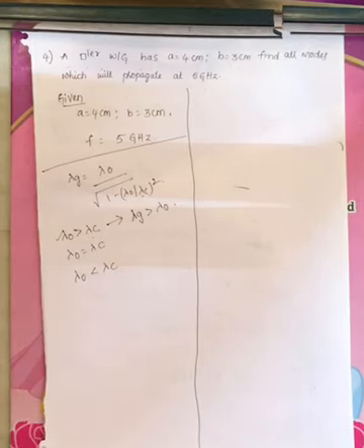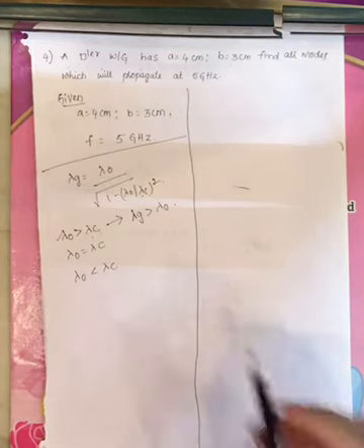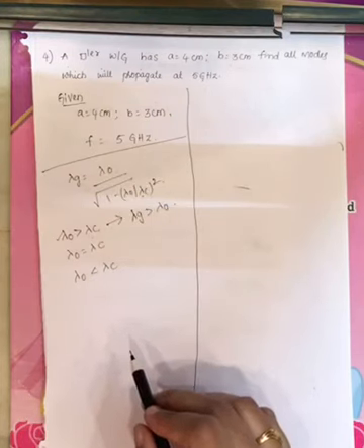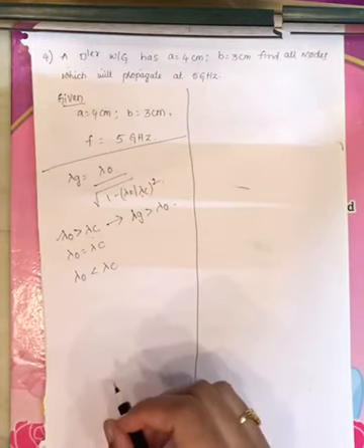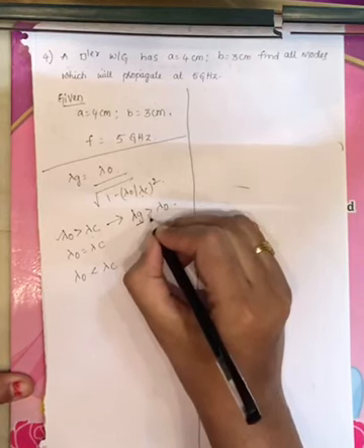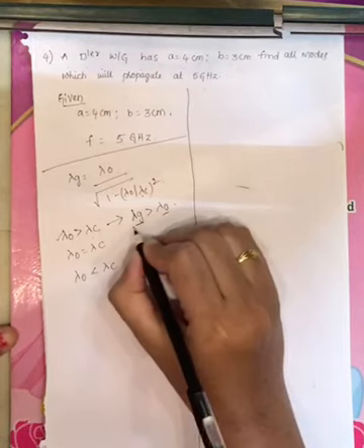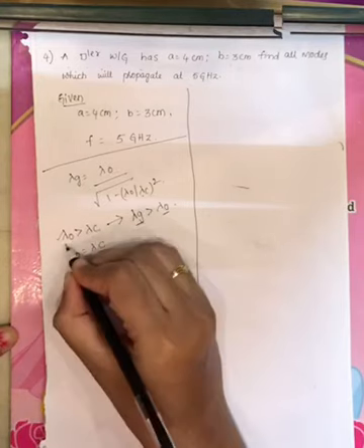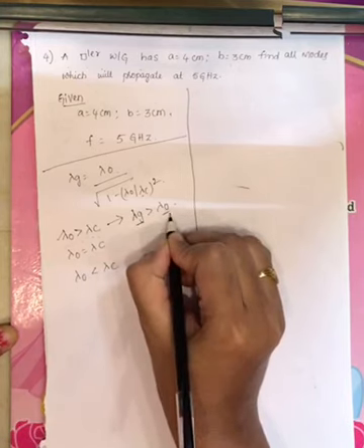Now if I find the root, you are getting 0.58, right? Now lambda naught is 2, as we have considered. Now 2 divided by 0.58, we are getting 3.44. So we are getting the guided wavelength as about 3.5 centimeters, and we have considered lambda naught as 2 centimeters. That means when lambda naught is less than lambda c, you can consider any values, you will always get lambda g greater than lambda naught.